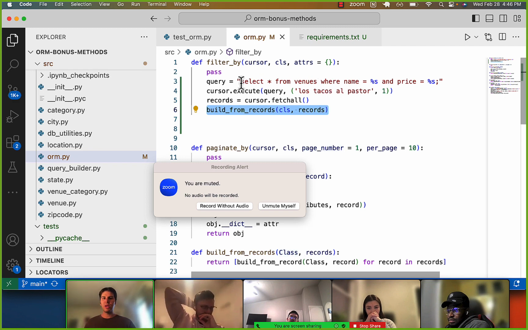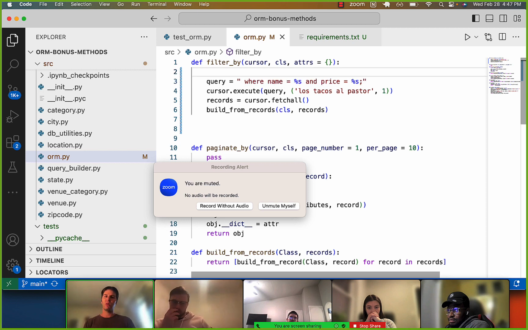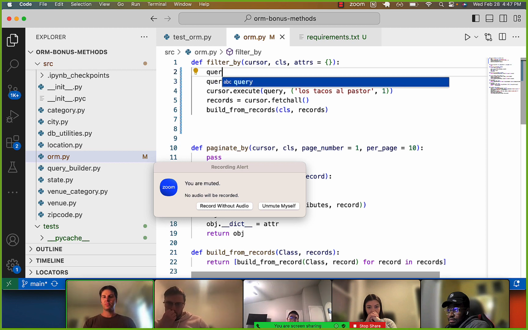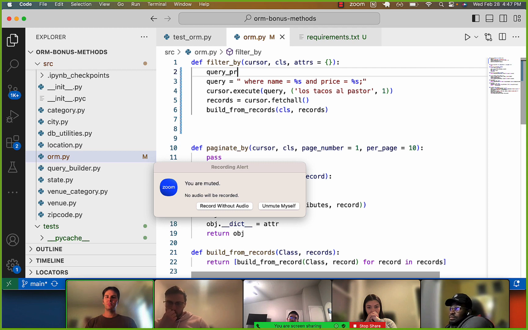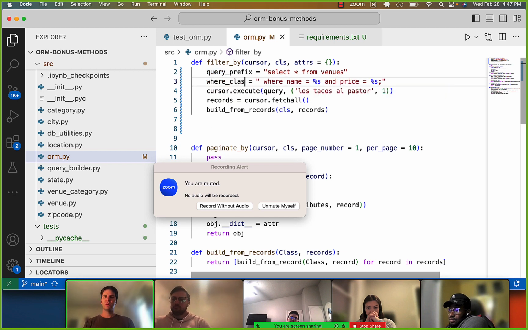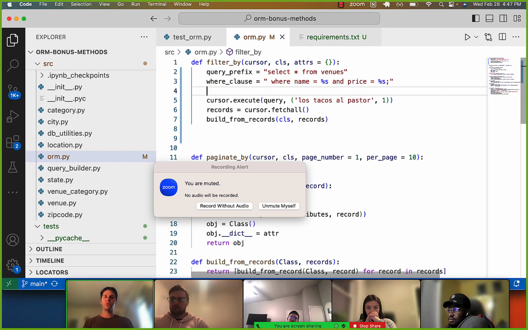Now if you start here, the problem becomes a little easier. This part's easy. We break this into steps. This we'll call, I don't know, my query prefix or something. This is the where clause. And then the full query